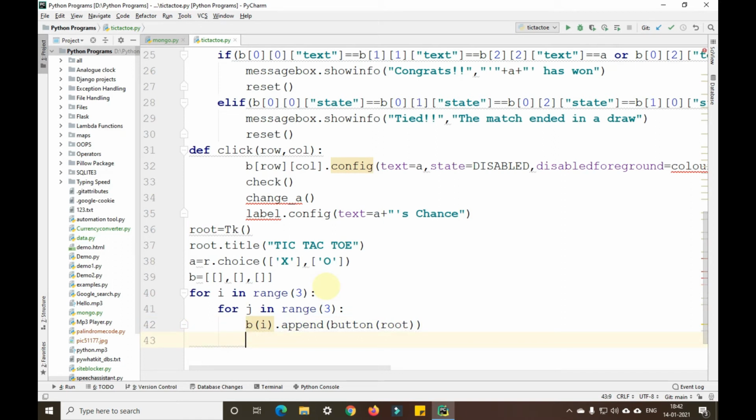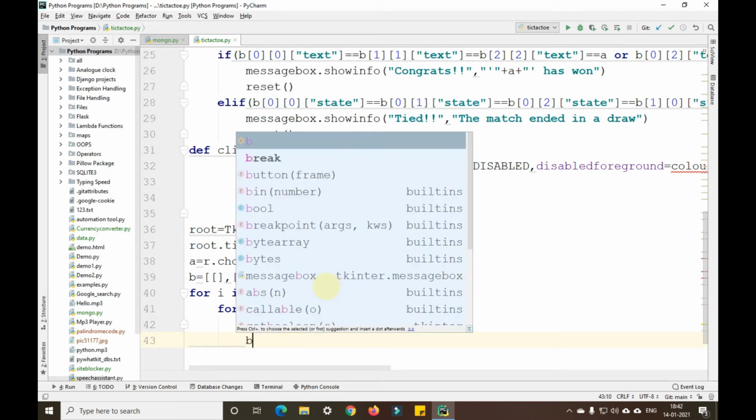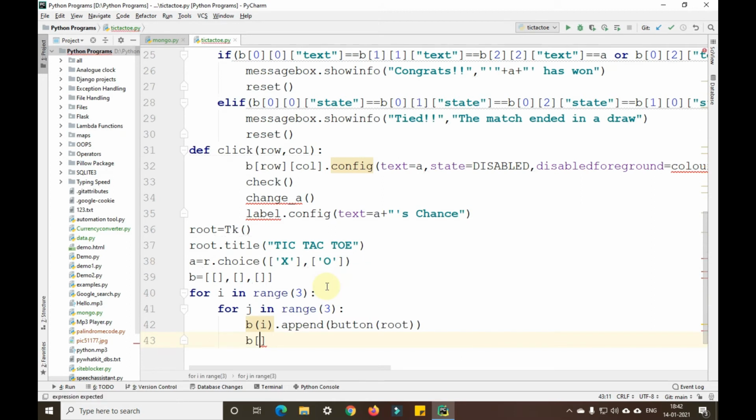Similarly, I'm again configuring that thing, b of, so this is square brackets, guys. I had mistakenly given this thing. So here we'll have i, then j, dot config. We are configuring that particular thing here.